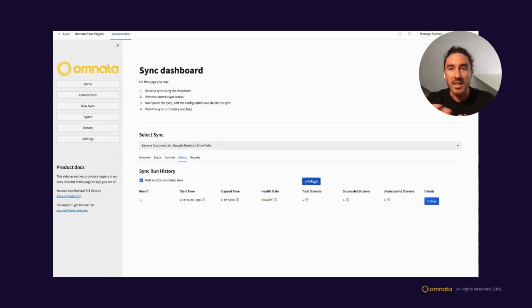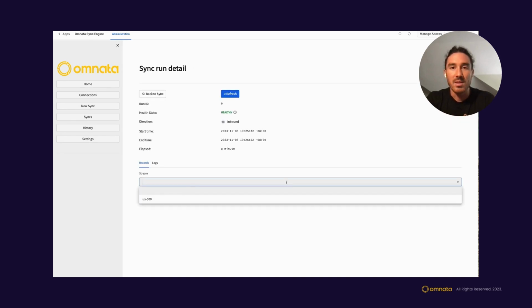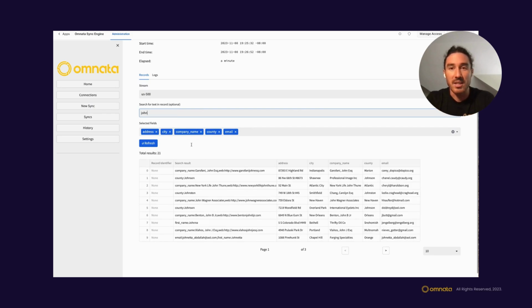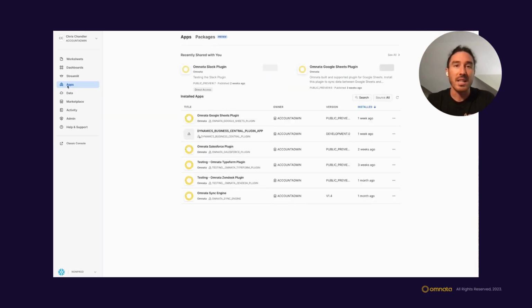So that's run. We can see that it's healthy, and then we can click in and view the records. So there's the sheet, and there are the records that we pulled in. We can then go search through those records just to make sure, do a sanity check that it's there. So if we click out of the app,